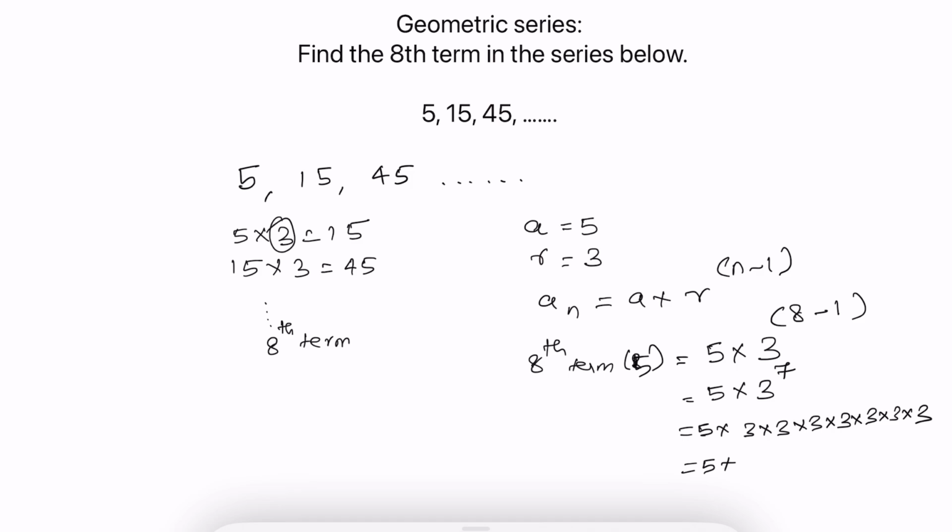So we get 5 into 2187, and the answer to that is 10935. So the answer to this problem, if you look at it, the 8th term of this series is